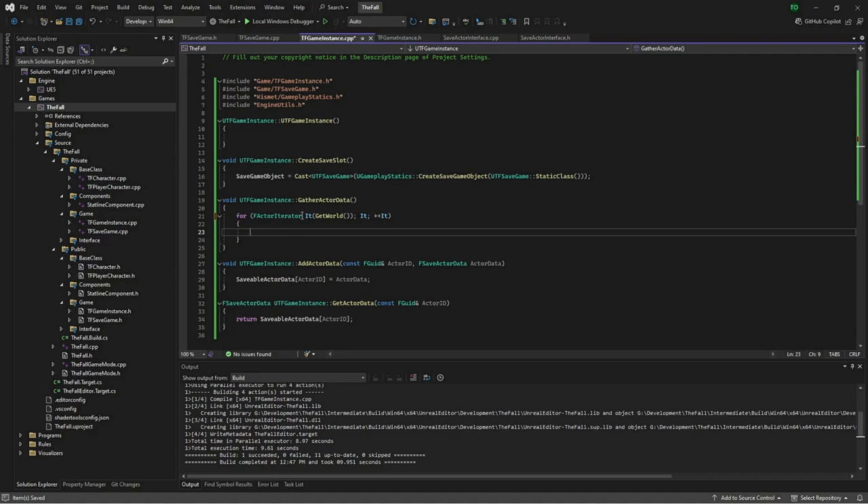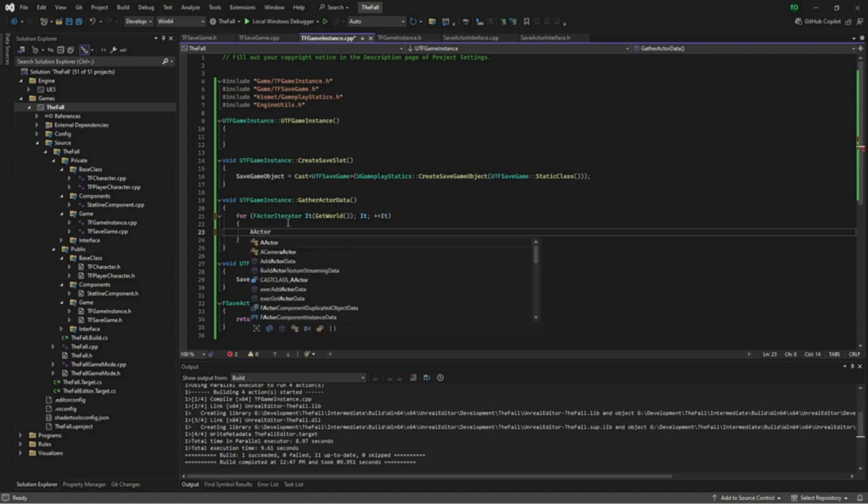What this does is it gets an iterator that is going to go through literally every single object in the game world. You may think this is overkill, but it's actually surprisingly fast. I've actually tested this with, I think it was 50,000 actors, and of those 50,000, 22,000 of them had save data. Now, a lot of those were just debug actors, but it was incredibly fast. So we want an actor,